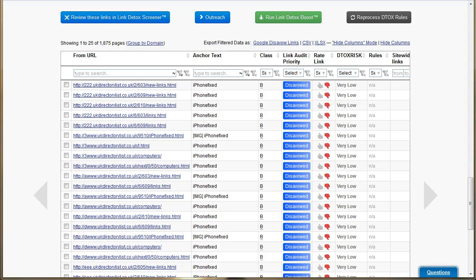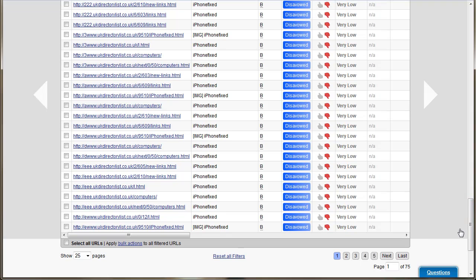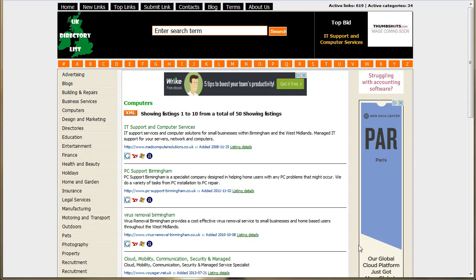Okay, so this is the next part of the link audit on iPhonefix.co.uk. I'd been through this table, and I've looked at all the ones that were already disavowed, such as this one here. This is a directory link, and to be honest, these sort of ones are probably the sort of places where nobody tends to go.